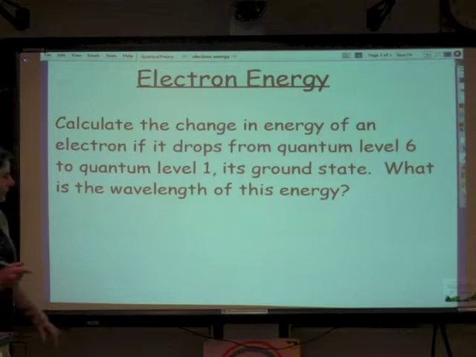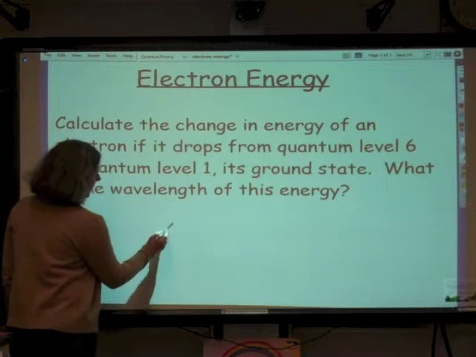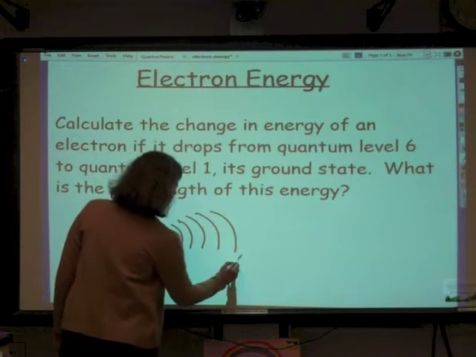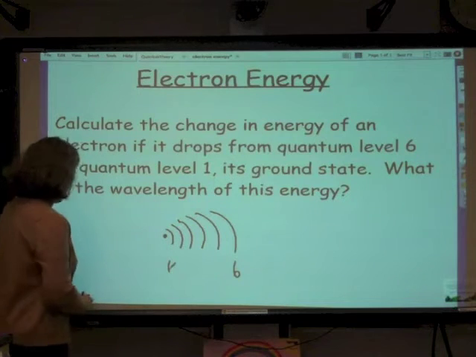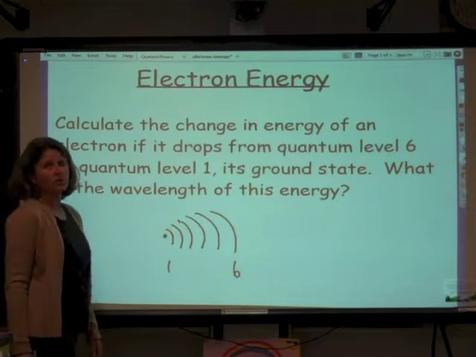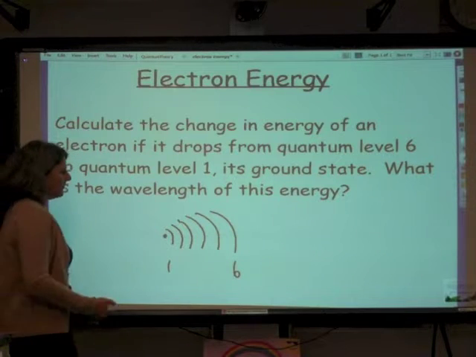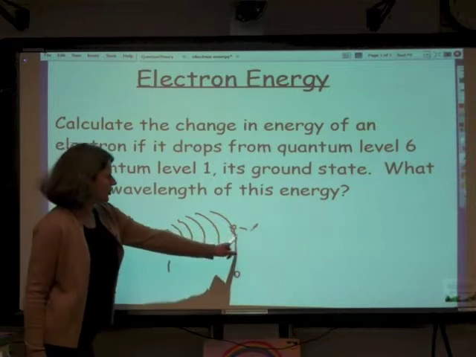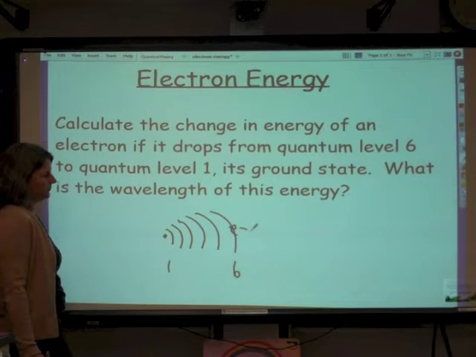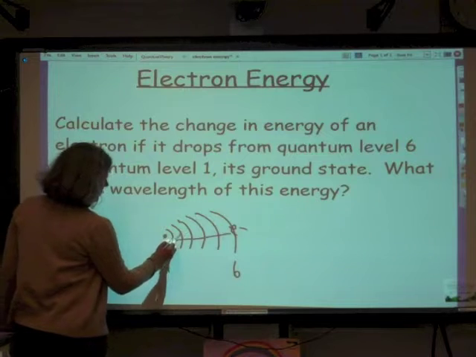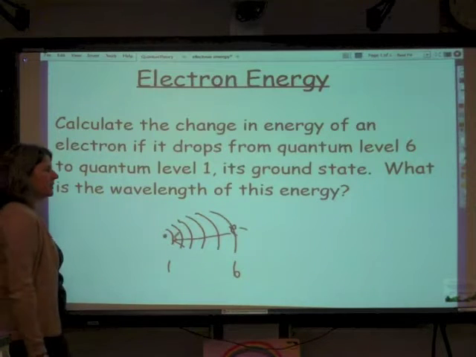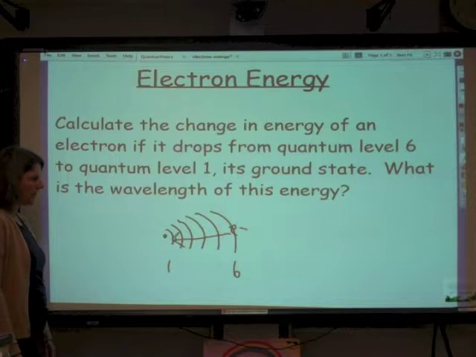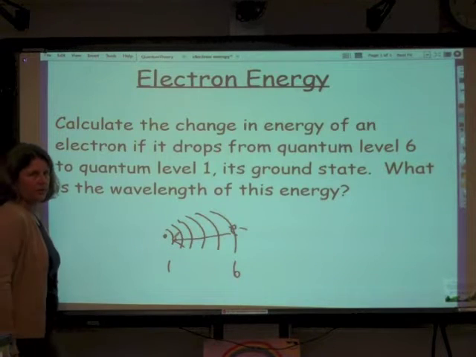So in a very simplistic view, if this is our nucleus and we have 1, 2, 3, 4, 5, 6. Okay, here's quantum level 6, here's quantum level 1. And we've excited an electron to the point where it's energetic enough that it can hang out in quantum level 6. It's going to jump now back to its ground state. So it's going to go all the way back down here to quantum level 1. And in the process, in order to inhabit quantum level 1, it doesn't need to be nearly as energetic. And so it's going to emit energy,